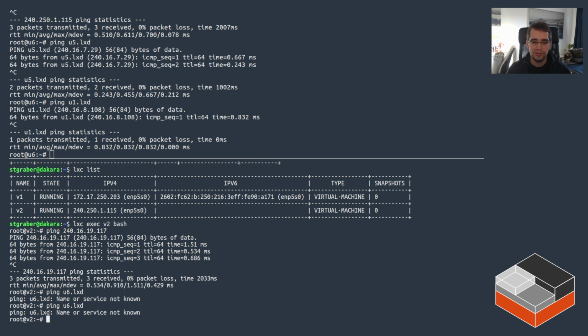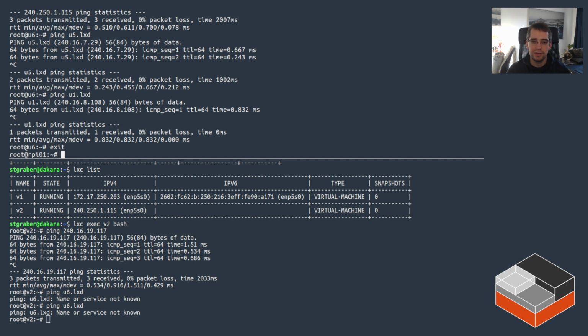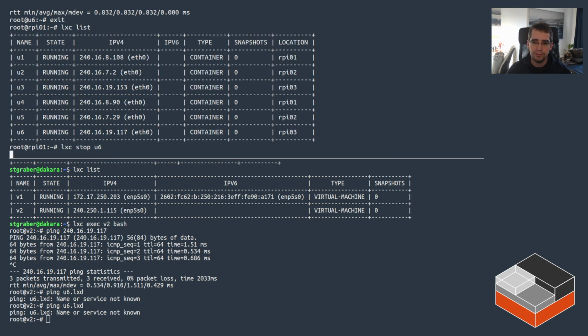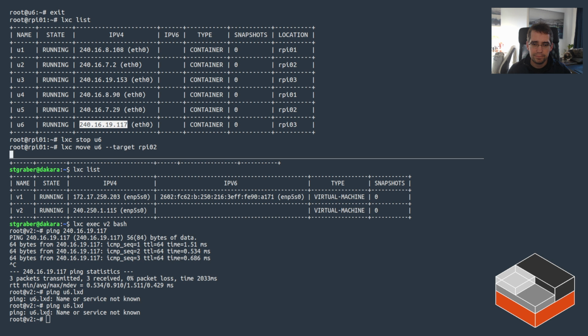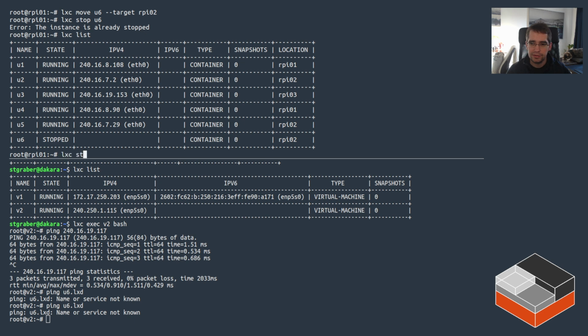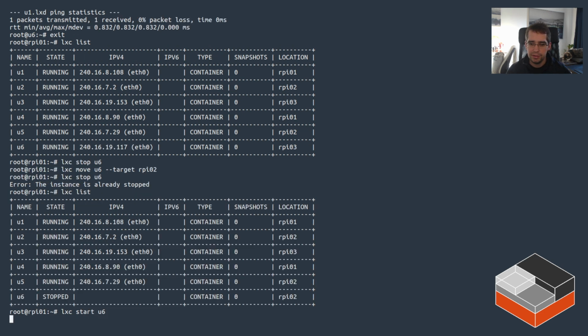Another quite obvious limitation due to its design is that because it encodes its host address in its own IP address, if you move an instance between machines, it will change address. I can probably demo that quite easily actually. So if we shut down U6, which was currently on RPi03, and I move U6 to RPi02. It might take a few seconds because I need ZFS to actually do a migration. Okay, so now it's already stopped. U6 is on RPi02, and if we start it back up,